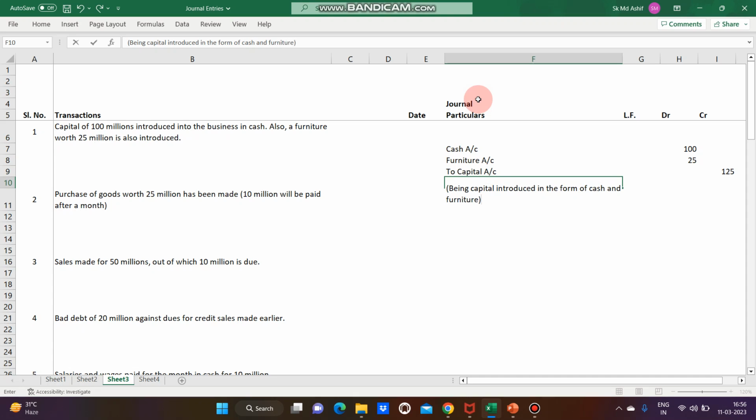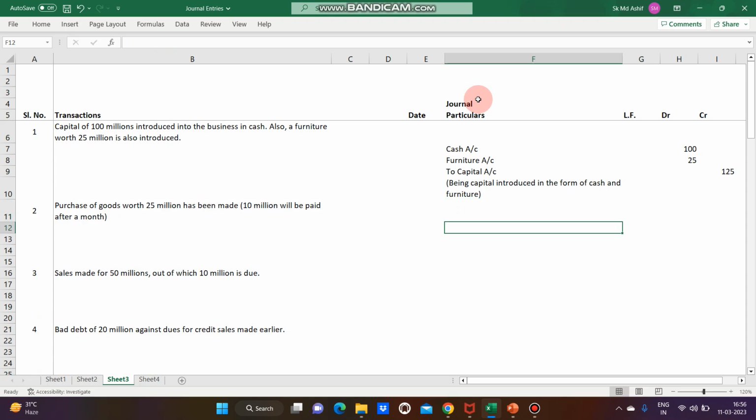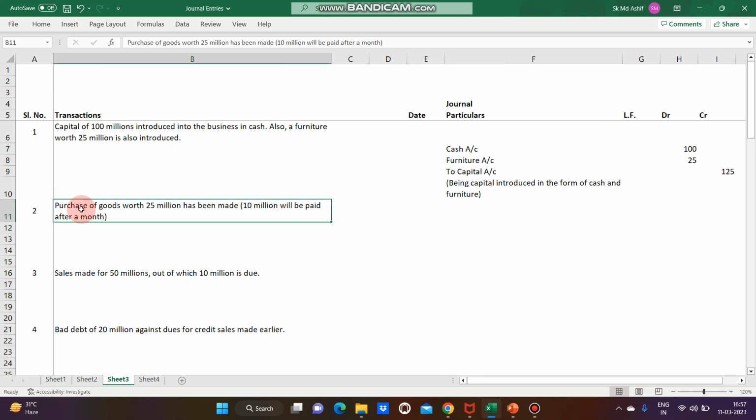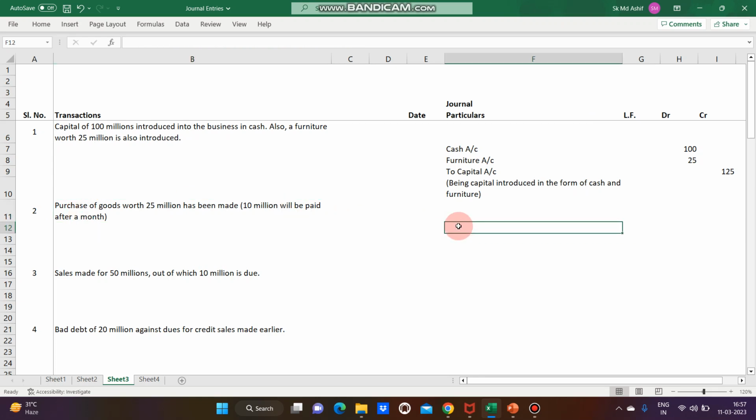Let's move to the next transaction here. Purchase of goods worth 25 million has been made. 10 million will be paid after a month. So basically 15 million has been paid right now, but 10 million will be paid in the next month. So here purchase of goods is an expense for us. So purchase will be debited. Any increase in expense will always be a debit. So purchase account, the debit is for 25,